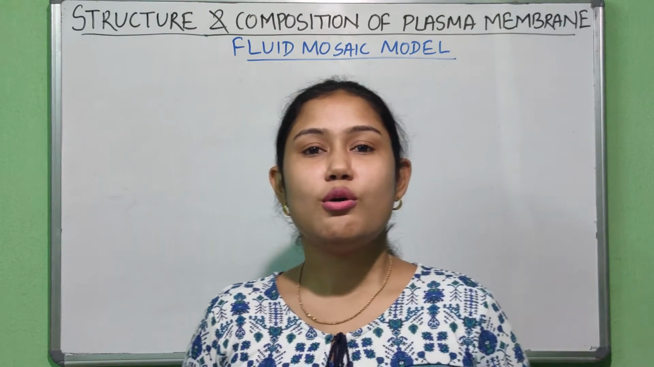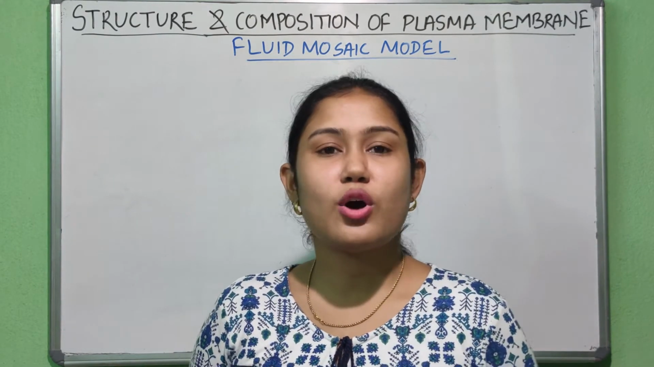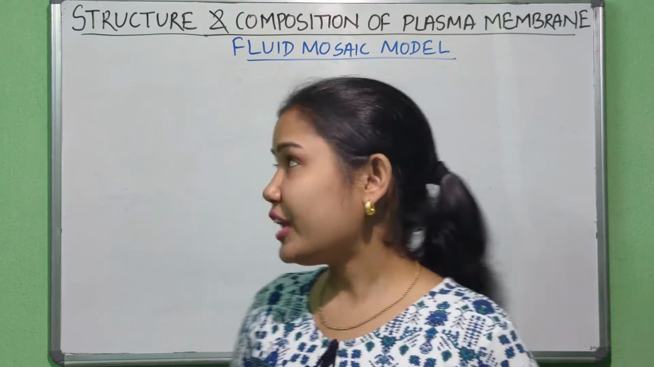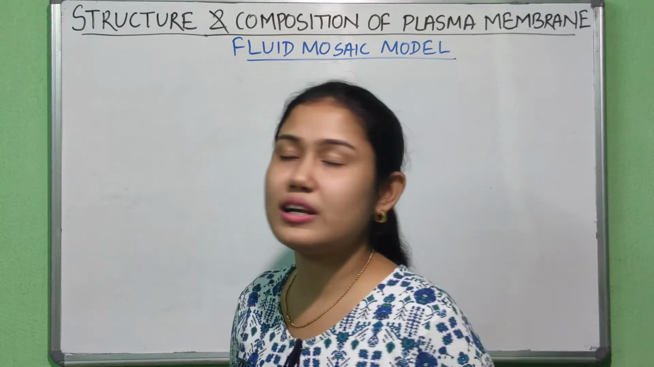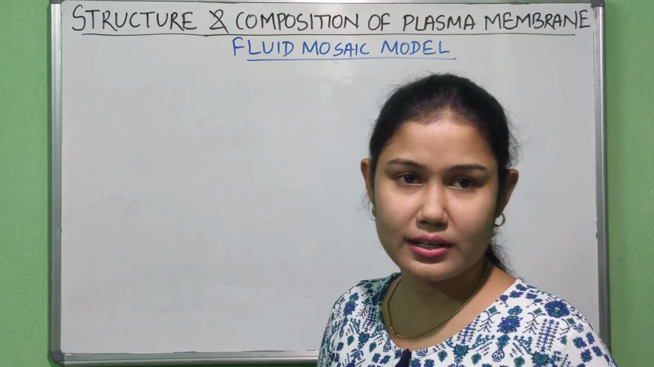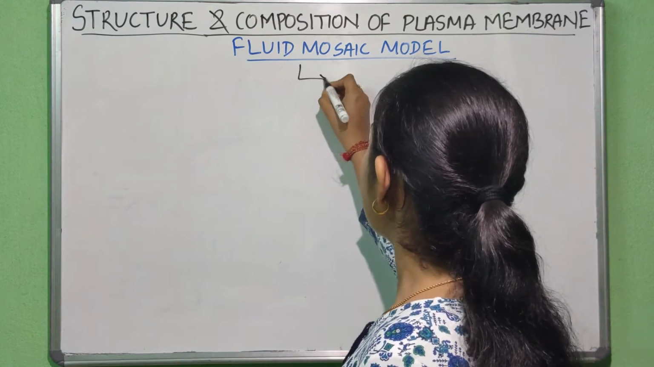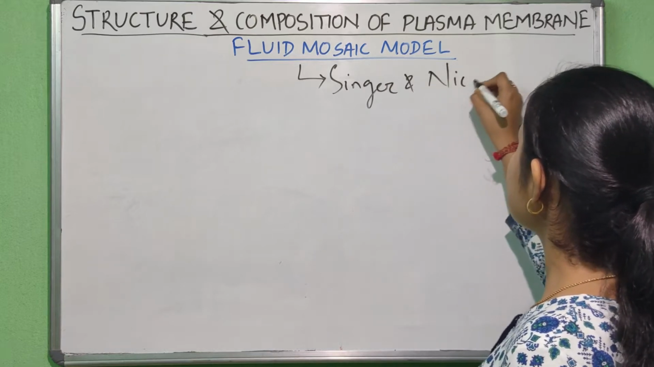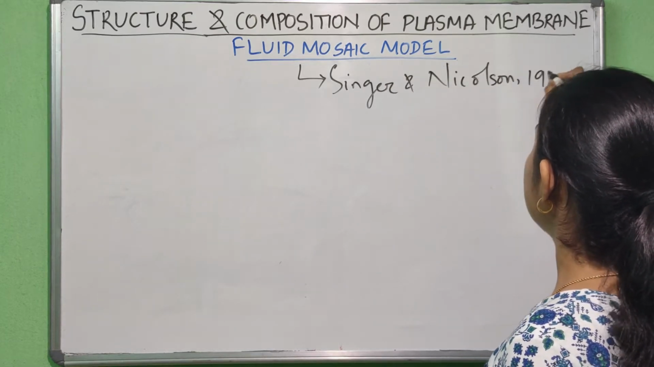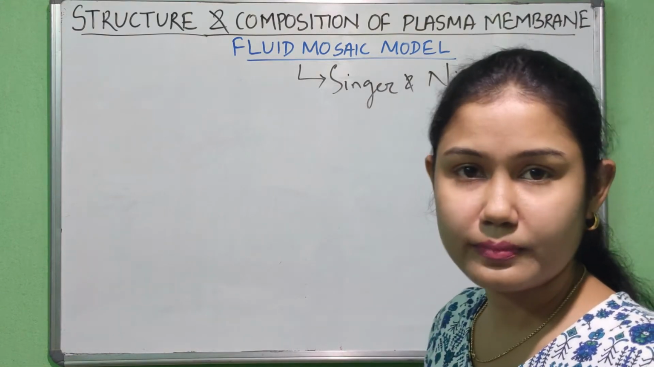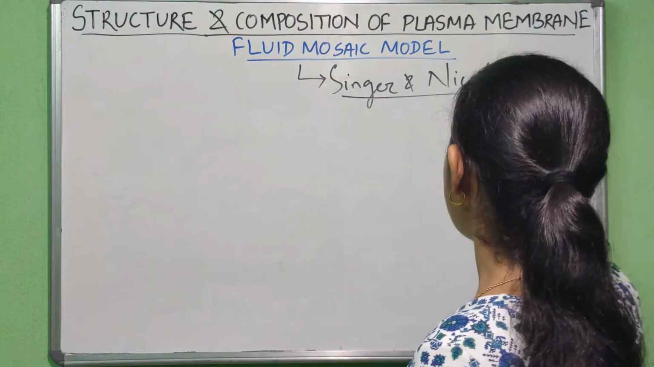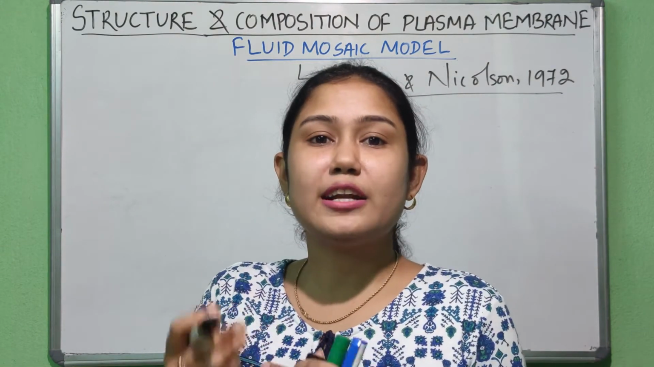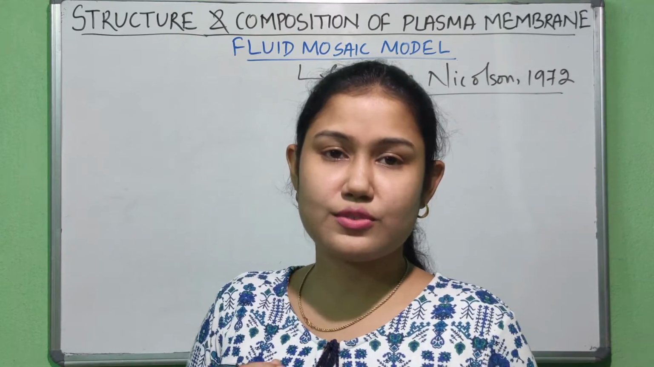In the previous video, we started discussing the various models which explain the structure and composition of the plasma membrane. So today we are going to discuss the fourth model, that is the Fluid Mosaic Model. This Fluid Mosaic Model was proposed by Singer and Nicolson in the year 1972. What Singer and Nicolson did was modify and reinterpret the previous models given by Robertson